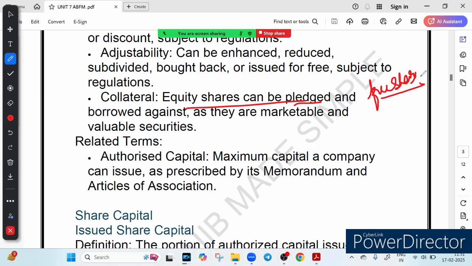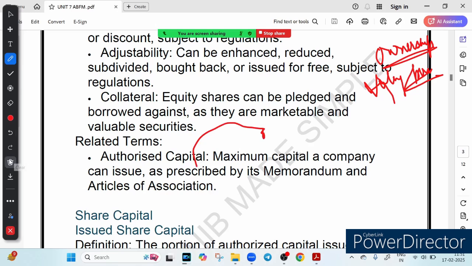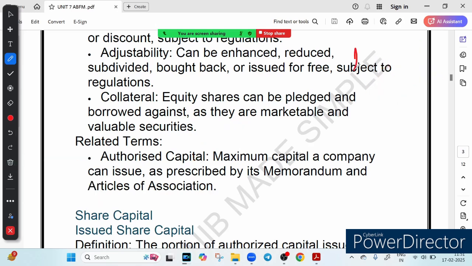So what we have learned till now is that equity capital is like a fuel that starts the business engine. So what does it give you? First, it gives you ownership. Second, it gives you voting power. Third, it gives you financial return, right? And fourth, it gives you voting rights, financial return, and flexibility while keeping the company running strong.